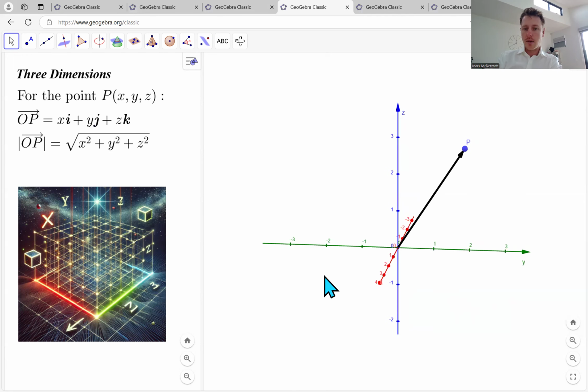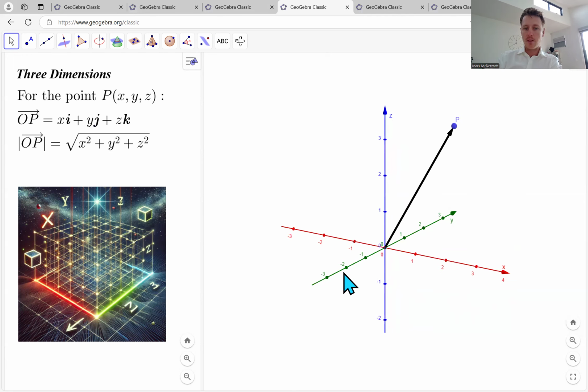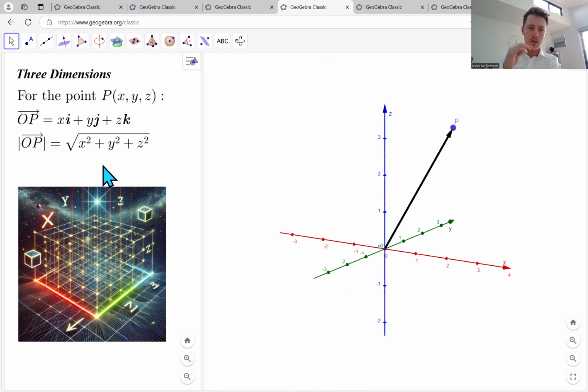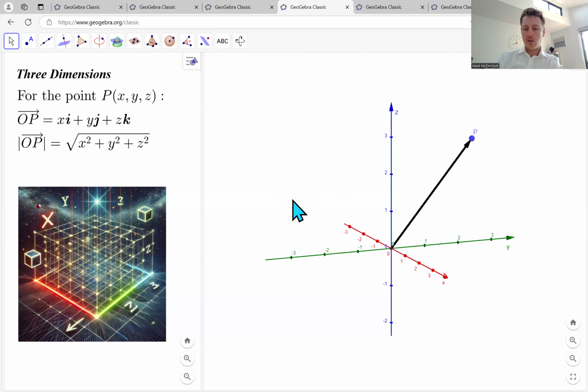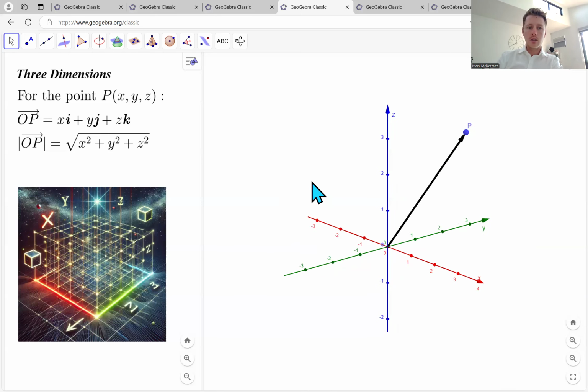And similarly, to find the magnitude of that vector, we apply Pythagoras in 3 dimensions. Pythagoras works in any n-dimensional space. So the magnitude of vector OP will be the square root of x squared plus y squared plus z squared. And so that's how you would find the magnitude, or the length, of this vector in 3 dimensions. So I think that's pretty cool. Let's have a look at the next thing,